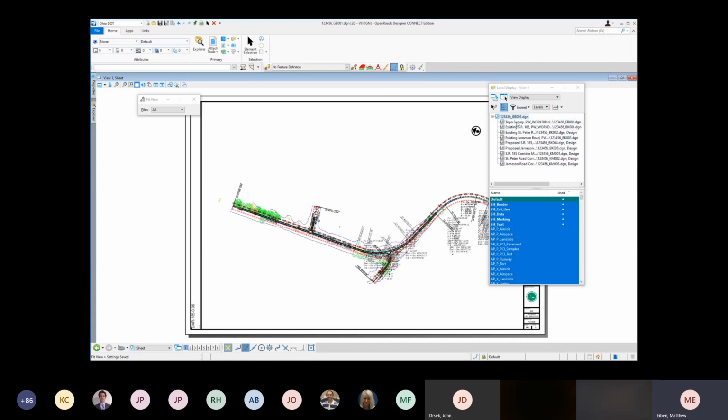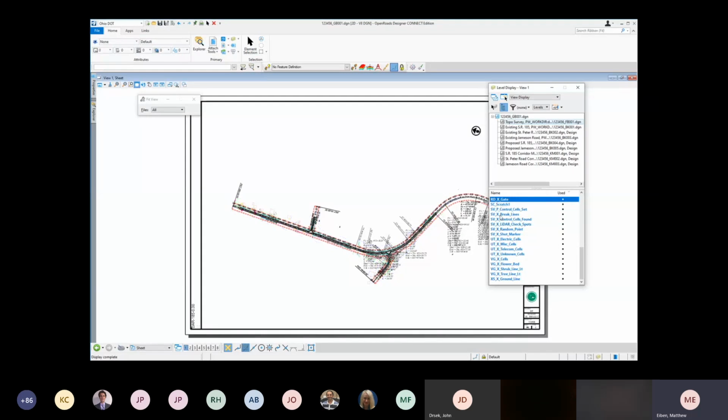I'm going to start with the topo file. And I think just for the schematic plan, I don't really want to see any of the vegetation or the utilities. And I can probably get away with turning off all the survey information there. So that looks good. And then I'm going to go to my three existing alignment files, and I'm going to toggle on the 500 stationing so that I have a station tick or label every 500 feet rather than